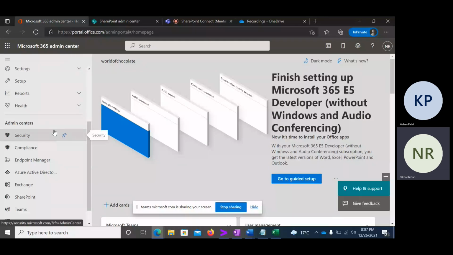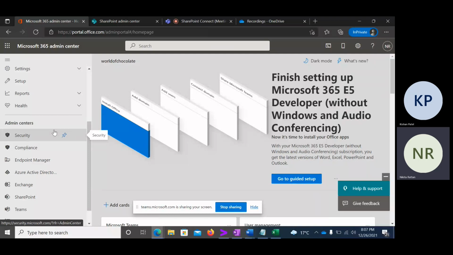Okay, so we were talking about security and compliance. So, Kishan, security and compliance is, I can say, the biggest module for Microsoft, because Microsoft always assures their clients of security whenever they go with any product, any license, or any subscription, right? Security and compliance comes with each and every module of Microsoft, whether you talk about Exchange, Teams,